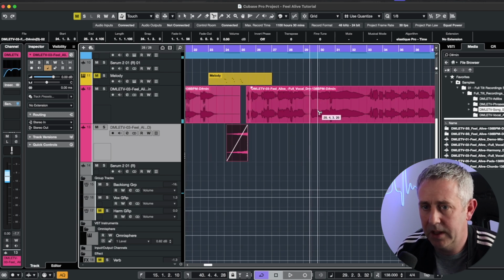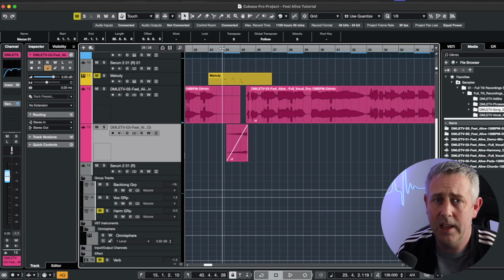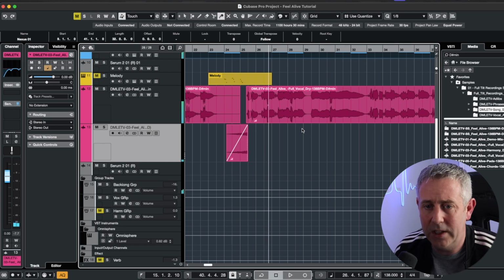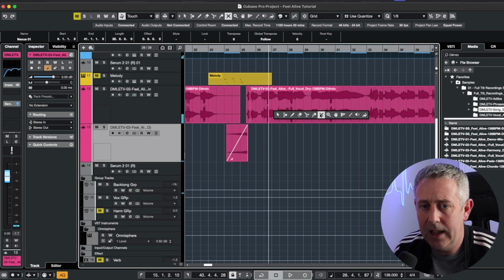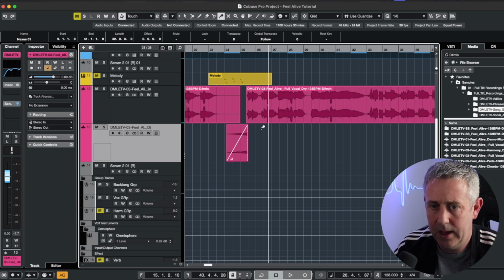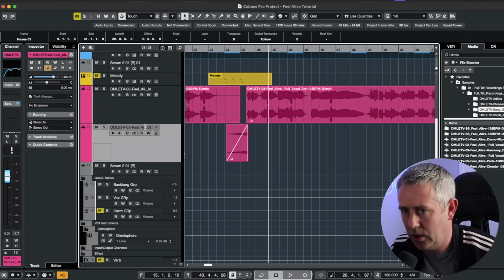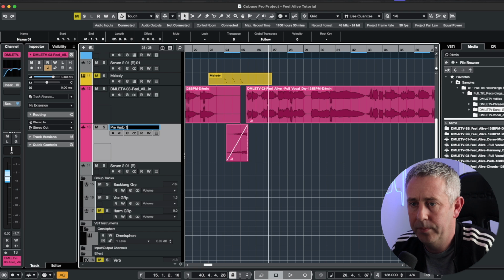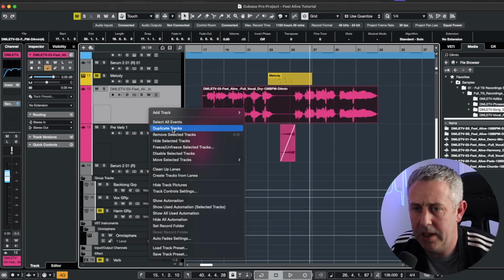Okay, brilliant. I think that's pretty cool. It is that simple. Okay, that's one way to do that, okay? I'm going to stick with the vocal for a second yet, okay? And I'm just going to call this Preverb 1. So another way to do it is if I duplicate this for a second,